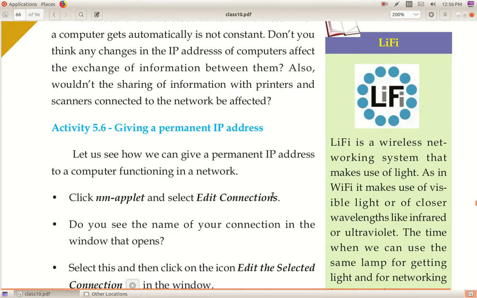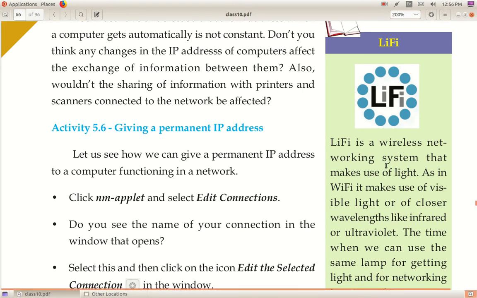Coming to Li-Fi. We are aware of Wi-Fi, that is wireless fidelity. What is Li-Fi? Li-Fi is light fidelity. But here the light acts as the wireless router. In Wi-Fi the radio waves work; here it is light. What do you mean by light?